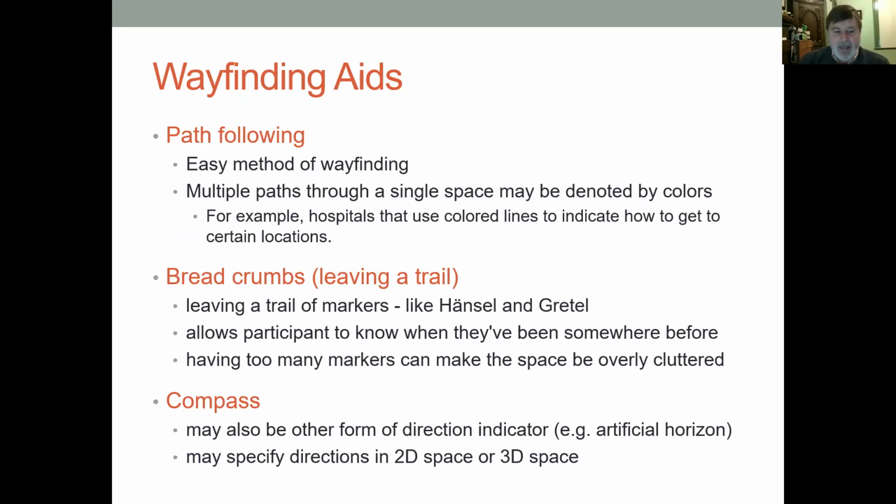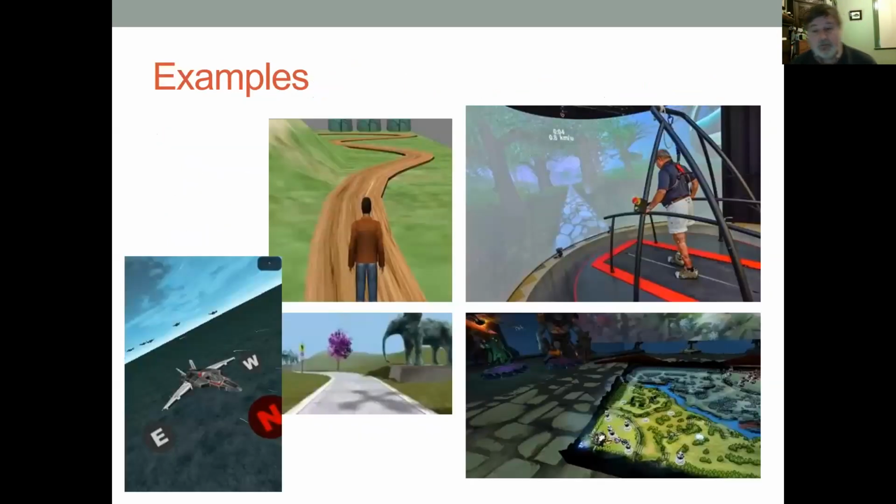Okay, so you can have paths, breadcrumbs, and compasses. These are just some other tools that you can have. Here are some simple examples. The bottom left is a set of compasses to give you an idea of what direction you're going in, and then some paths. These are all just simple ideas, but it's important to put this in if you want to be able to direct people to particular